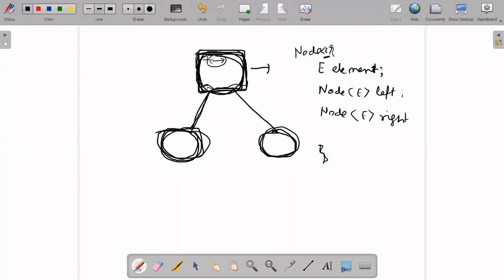For the parent, for this root node there is no parent, but for this node I want to know the parent anytime also, right? So I want parent. For this particular case of root, parent will be null, right? And for this node, left and right will be null. For this node, left and right will be null, right? So this is my node structure.